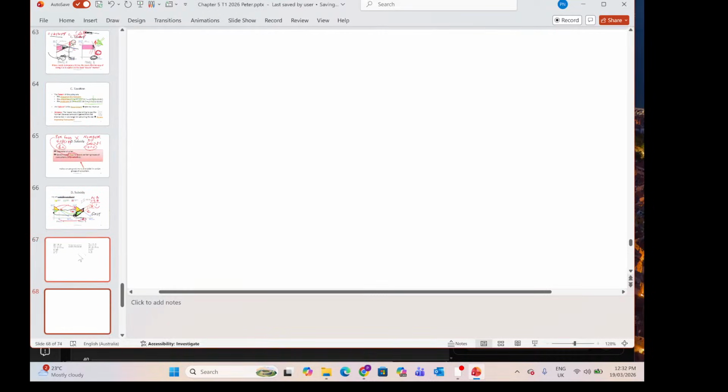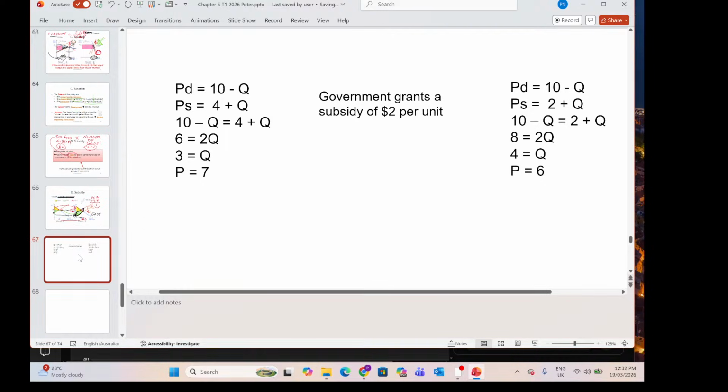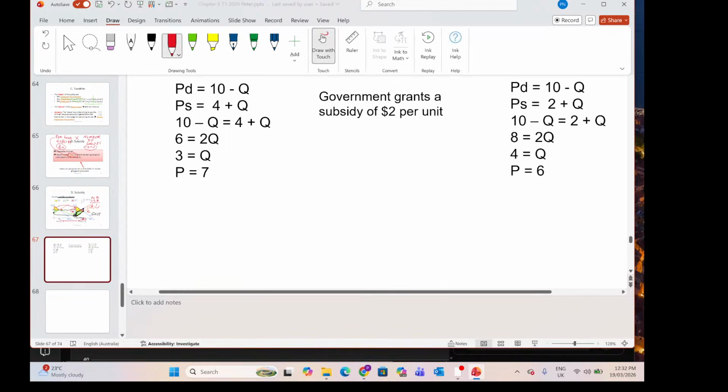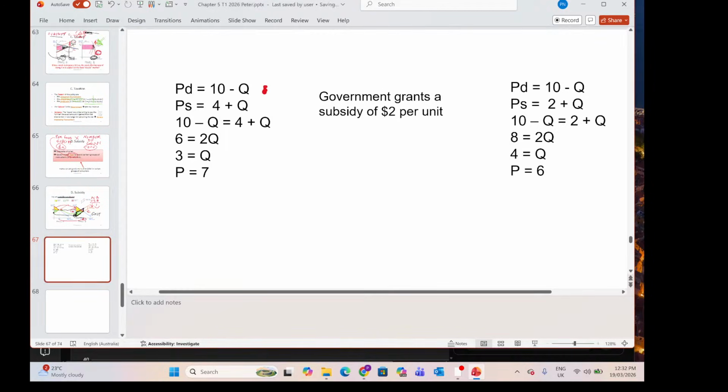All right, now, so we just start off with our equations. First of all, we've got an equation for demand. We've got an equation for supply. We just put that there. We just put this here, right? And then we essentially